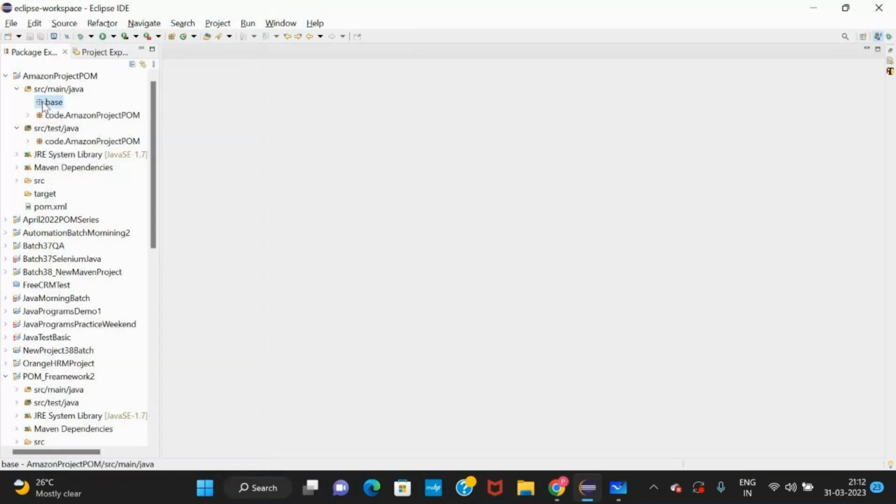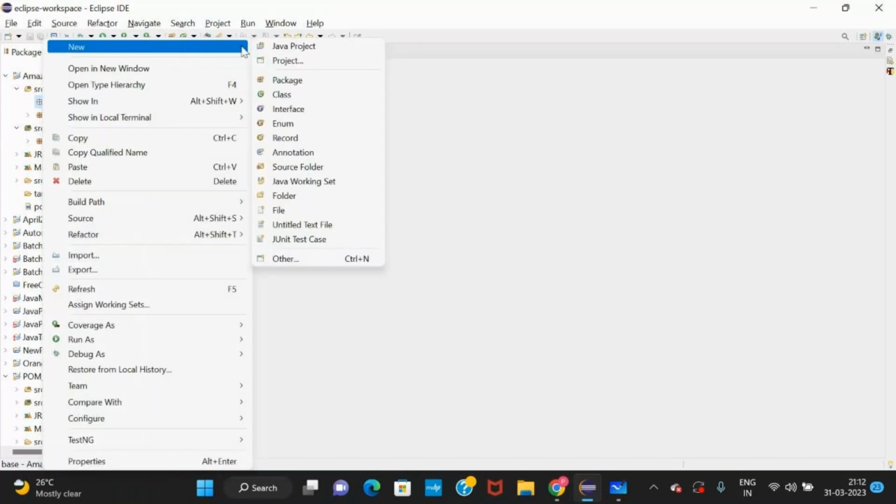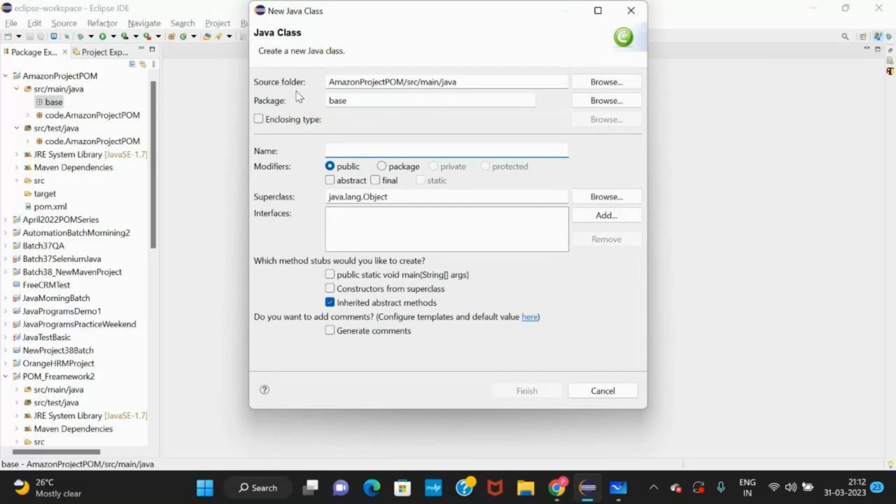Now in the base, we are going to create a class, test base, which is our very important class. It is a Java class. Create a class named test base. In every project wherever you work, the name of the base class will be test base or just base.